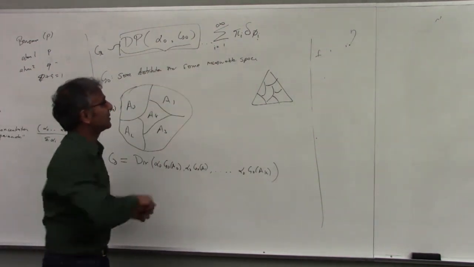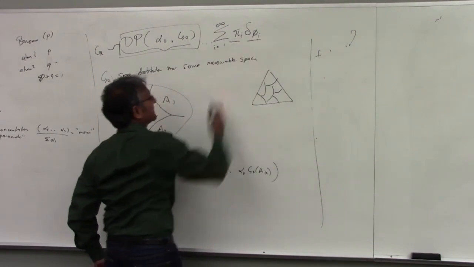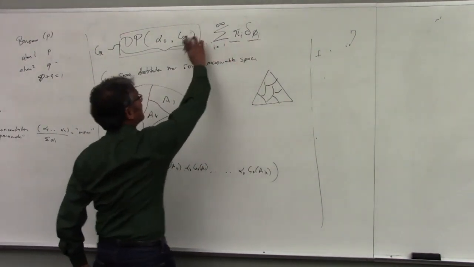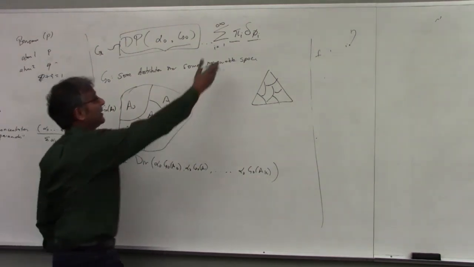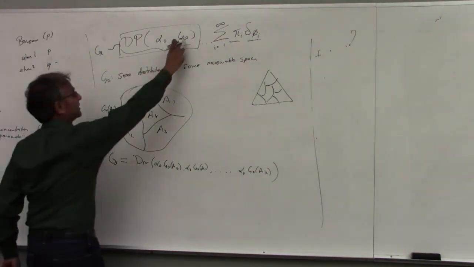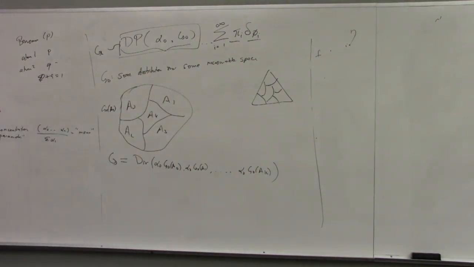Okay? Then the question remains, what are these parameters and what are these things? It turns out these will be sampled from G0. So each of these phi_i is a sample from G0, and these pi_i are the mixture coefficients. So you can think of a Dirichlet process, not surprisingly, as a mixture over an infinite number of things, where each thing is drawn from one place. Okay.